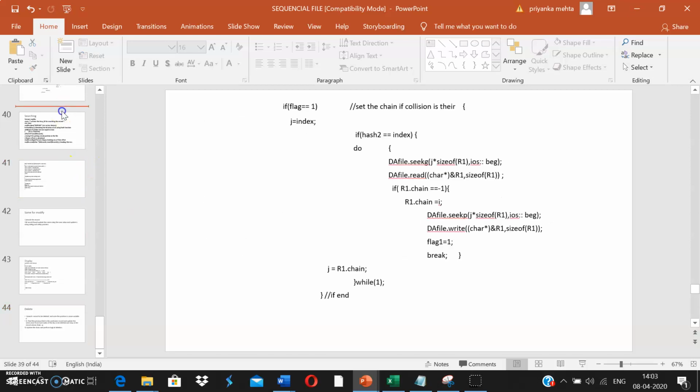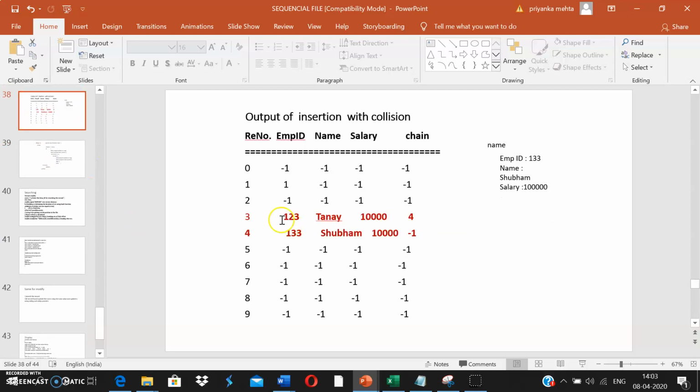For example, let us now suppose I'm going to delete this 4. First I'm going to search and store this position in P, right? Now let us suppose I'm going to calculate the hash index. I'm going to start from 3. I'm going to check whether the chain of this is equal to this P or not. In this case, the chain of this is equal to this, right?